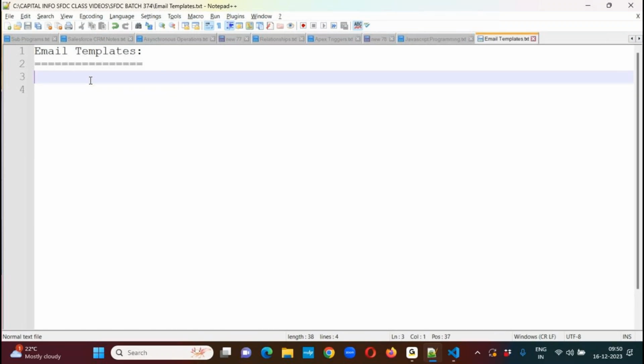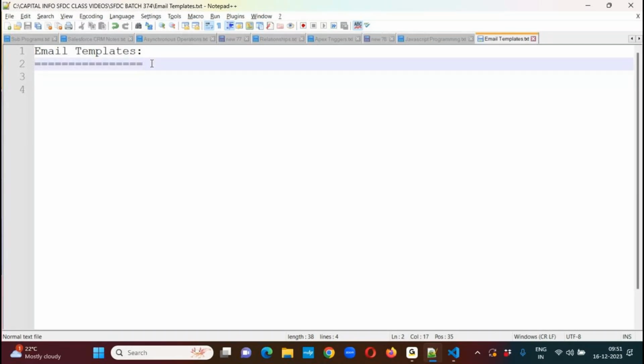So in today's session, we are going to discuss email templates, and we will see what exactly email templates are and what their use is. Why should we go for email templates in Salesforce, and where can we use these email templates,